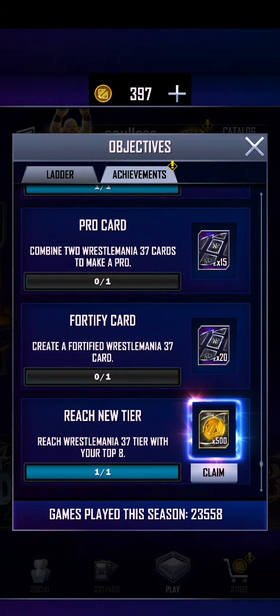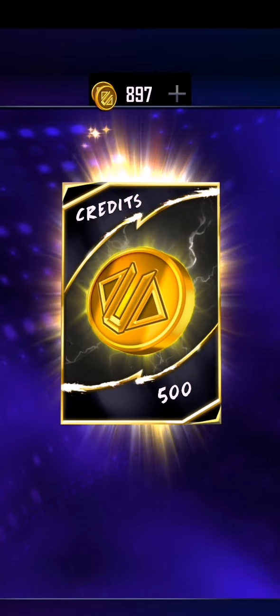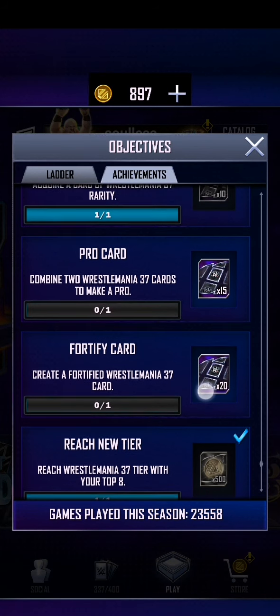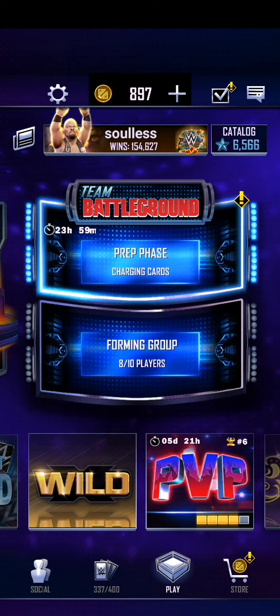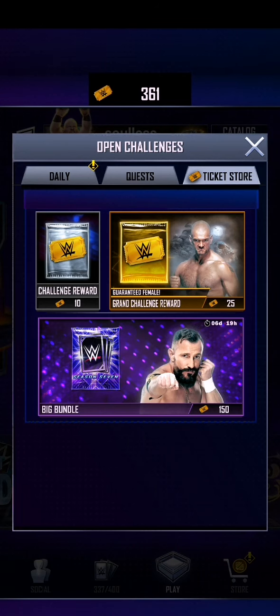Yeah, it seems time to collect Team Background Energy. And reach WrestleMania 37 with your top 8. Yes. That'll give me another 500 credits. Very nice, thank you. So combine 2 cards to make a pro and fortify WrestleMania 37 to get these last 2 achievements here. Okay. I'll try and give that a shot by going into the ticket store and going into the Grand Challenge